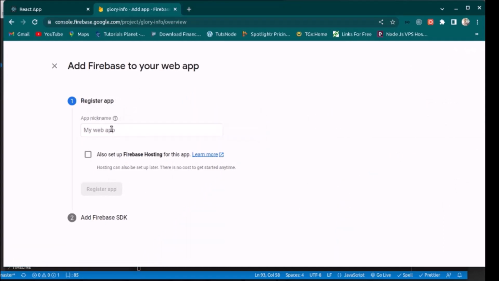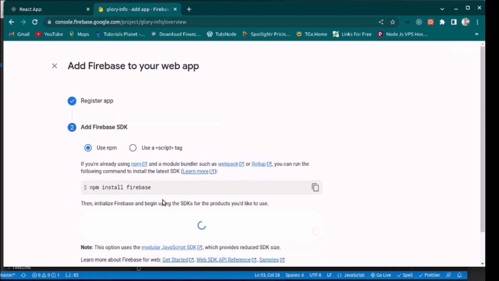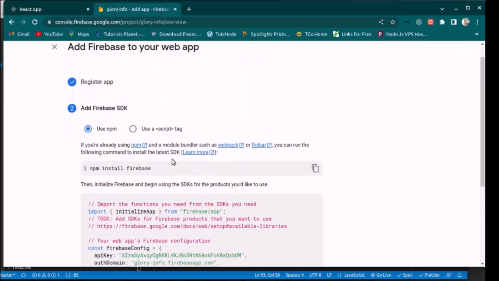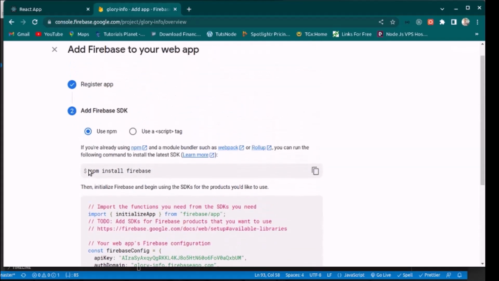So we want to add the nickname. We say Glory. We got it, Glory. All right. We do the Firebase hosting later. So we say register. As we press register, it's being created rather. All right. So we have these things that we need to add. But first of all, let's install this